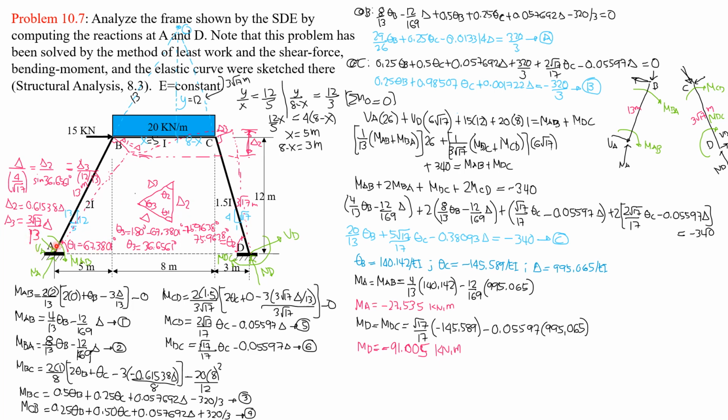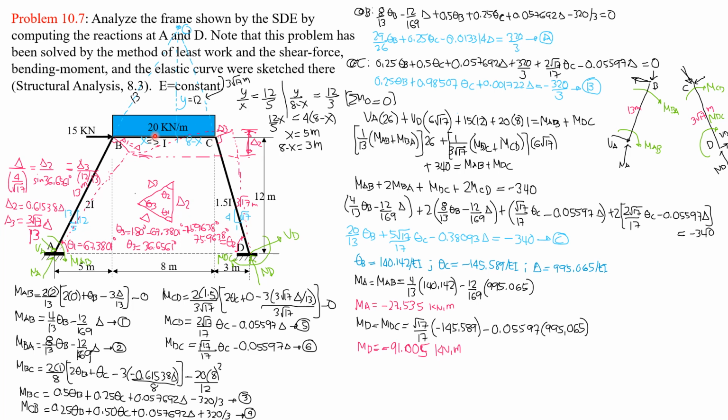Then we have shear at A times, since this is 5 and that is 12, this is another 13 meters. And since this is 12 and 8 minus x is 3, then this is another 3 square root of 17 meters, just like CD. So therefore, counterclockwise positive, shear at A times 13 plus 13, so 26, plus shear at D times 3 square root of 17 plus another 3 square root of 17, so that is 6 square root of 17, then plus 15 times 12, then plus 20